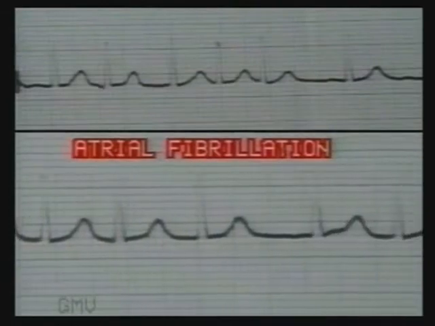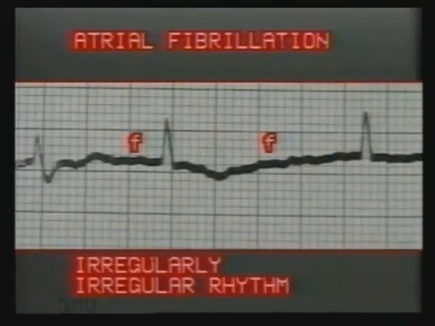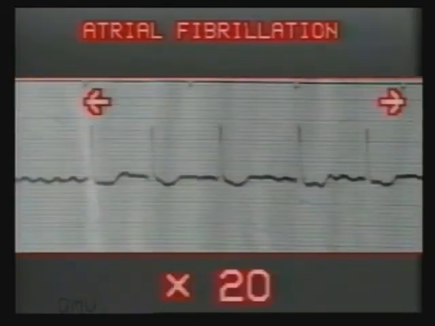This is atrial fibrillation. In atrial fibrillation, the impulses follow chaotic random pathways in the atria. So there are no P waves, but the baseline shows irregular fine waves termed fibrillation waves or f waves. Small f stands for fibrillation waves. We have already learnt how to calculate the rate in atrial fibrillation. Measure the number of R waves in 15 large squares and multiply the number by 20. Here the rate is 5 into 20, that is approximately 100 per minute.